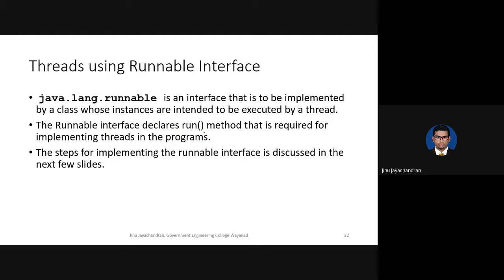We have seen till now how we can create a thread using the Thread class. Now there is a different way to create a thread, that is by using the Runnable interface. We have seen what an interface is. There's an interface defined in Java which is called Runnable. If you implement that interface and declare the function run, whose definition has what you want to do, then it will run as a separate thread.